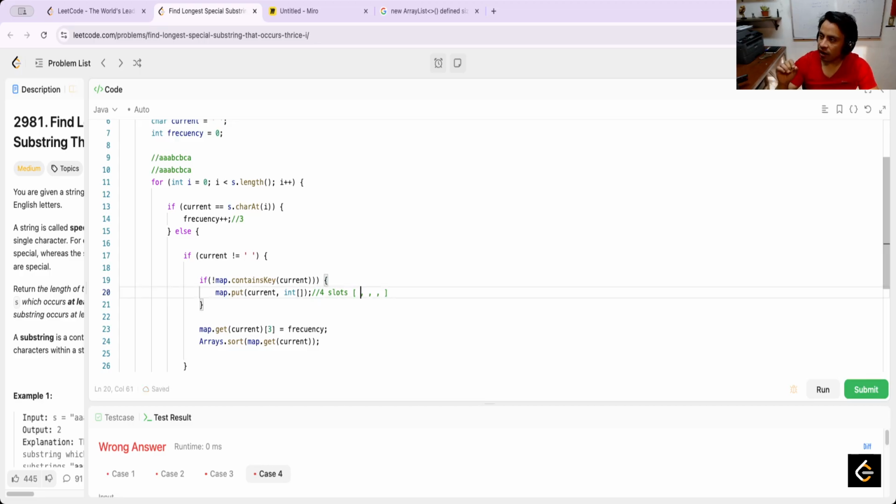Because I need to add the new element at the end always, and next sort these elements. For example, at the beginning all are 0. Next, set map.get current, meaning that this array in the last position is equal to the new frequency. The new frequency in this moment is 3 because we are considering this. Okay, now this 3 and now it is sorted. I think in this case the array sort